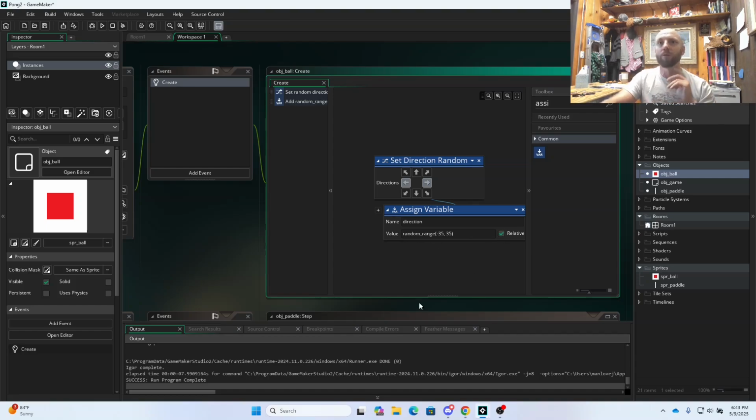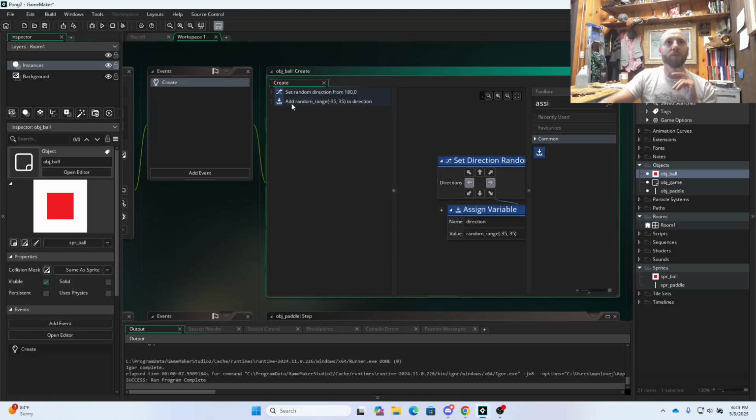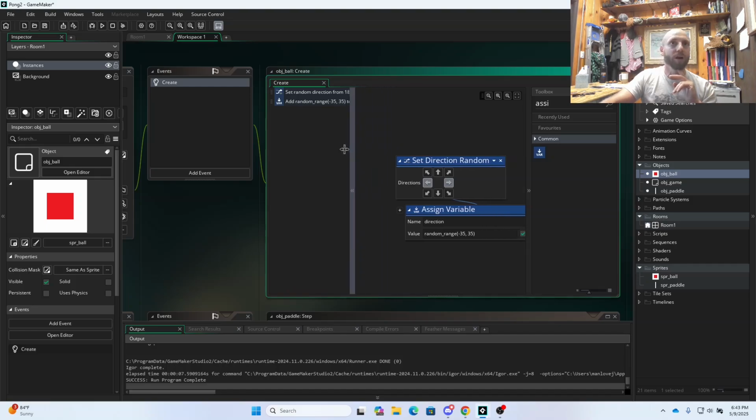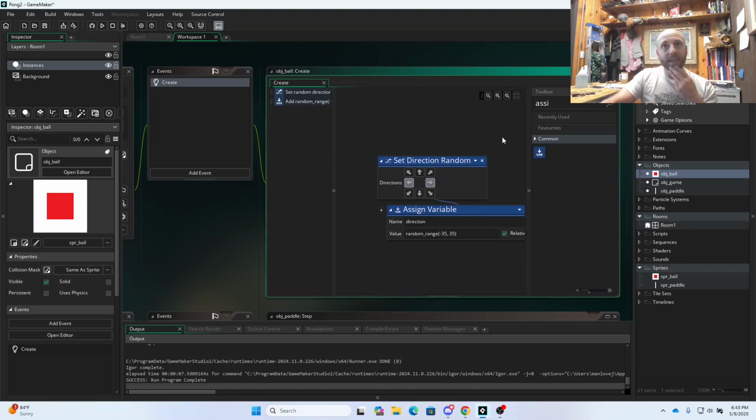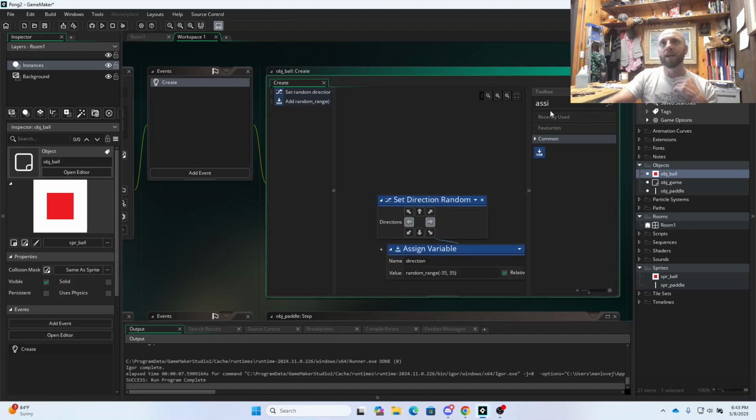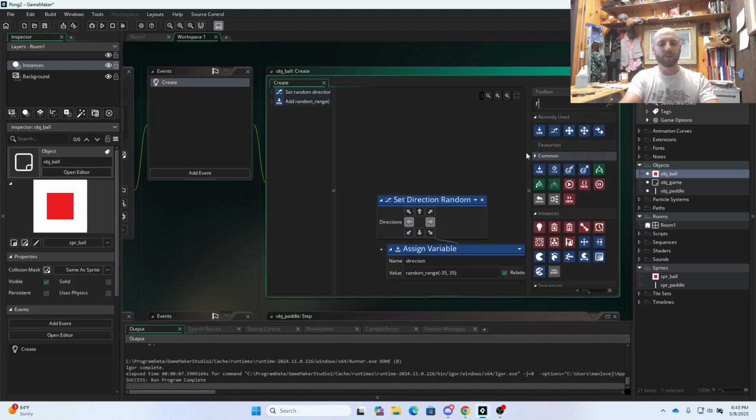I can check the relative box here. So that's going to, here we'll get a little summary of what that does. We're going to add a random number from minus 35 to 35 to our direction variable. Okay. And then one other thing here that I'm going to do that's a little bit esoteric is I'm going